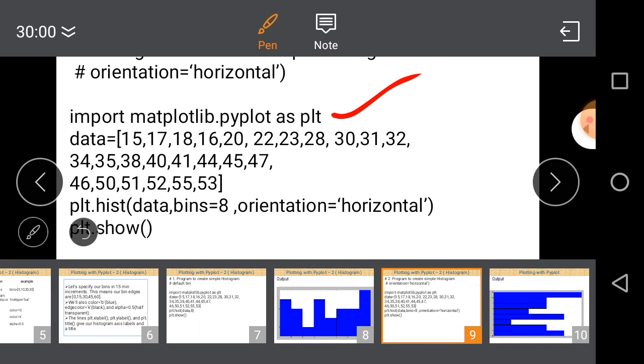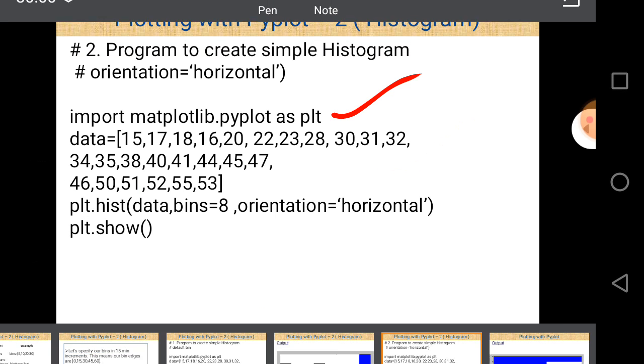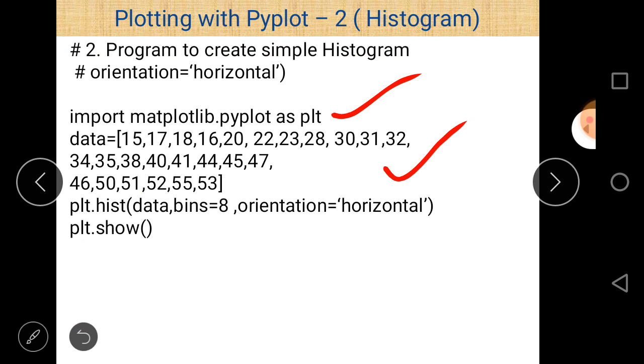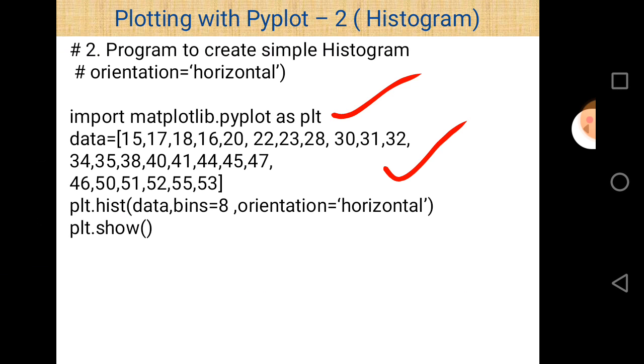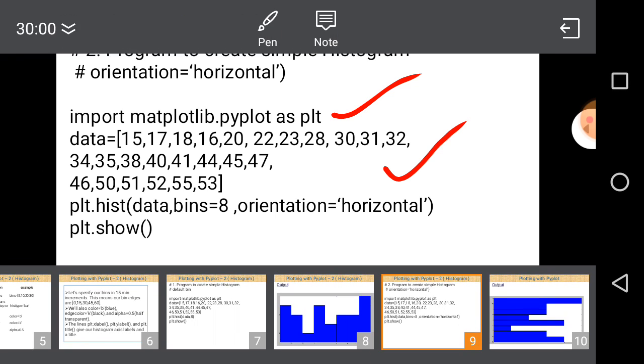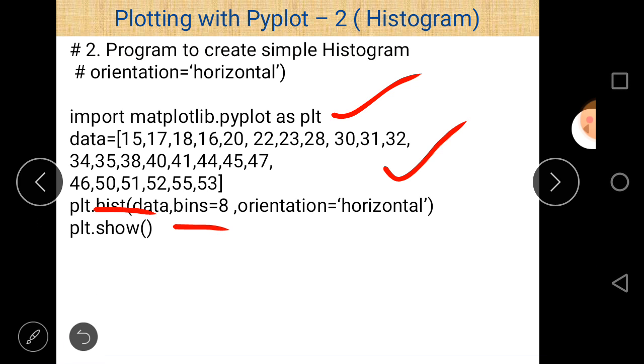Second, the data is the same, and we take the same data here because we want to change only the orientation in this program, and here orientation is equal to horizontal. So plt.hist, again plt.hist, then data, bins is equal to again 8. In the last program bins were also equal to 8. Here one thing is changed, and that is orientation equal to horizontal.